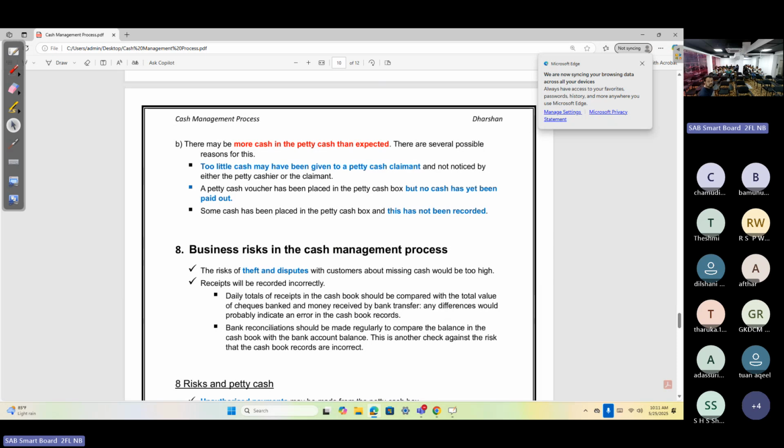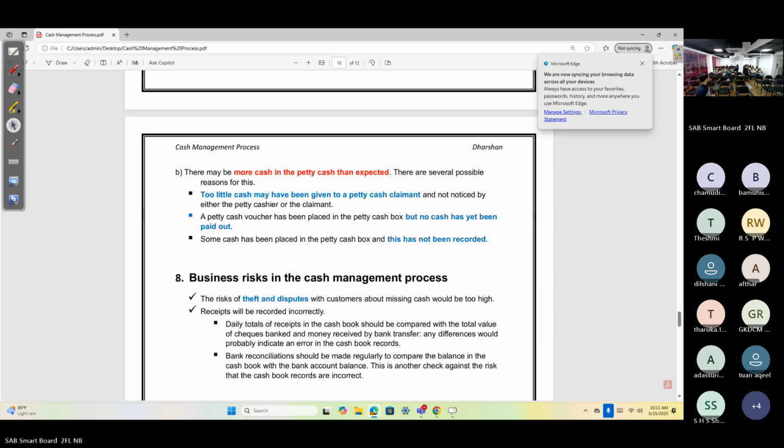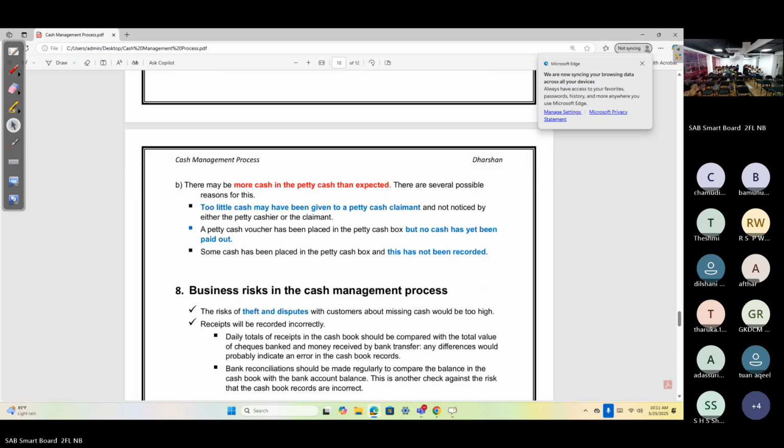There may be more cash in petty cash than expected. There are several possible reasons for this. Too little cash may have been given to the petty cash claim. Opposite side of these 3 points. Okay, you can easily remember if you have been asked to write why petty cash box balances and petty cash book balances are different. If you have been asked to write 5 things, you can pick it from here. If you remember only 3, opposite side of these 3 are